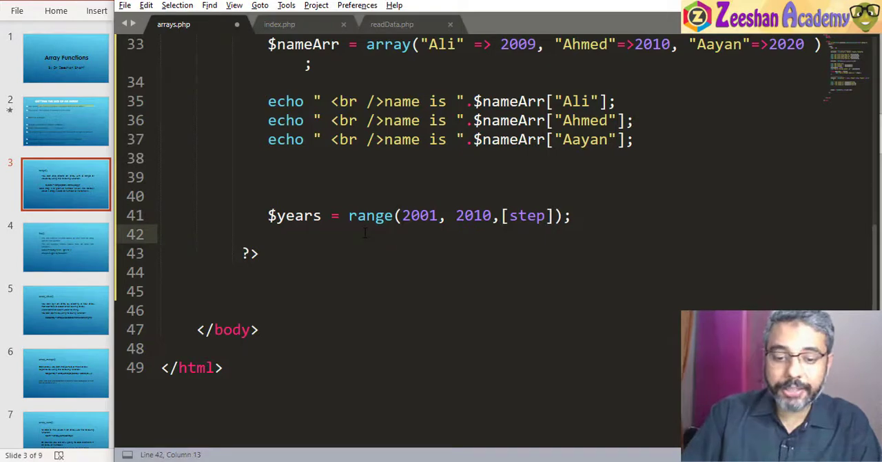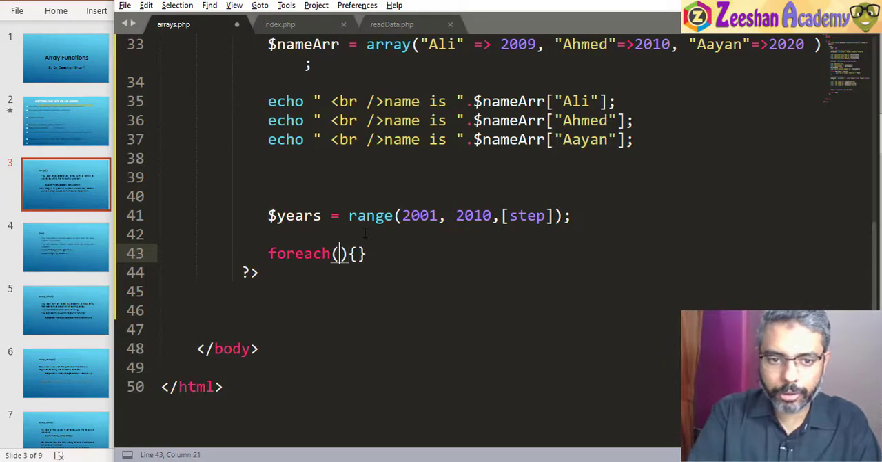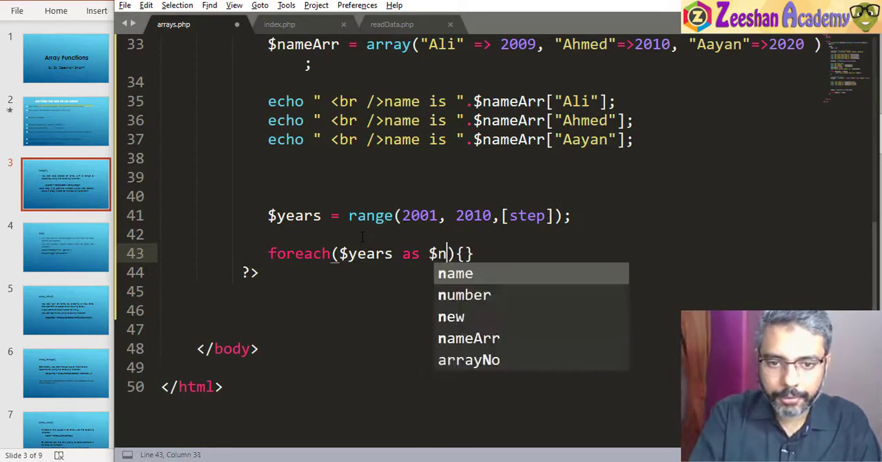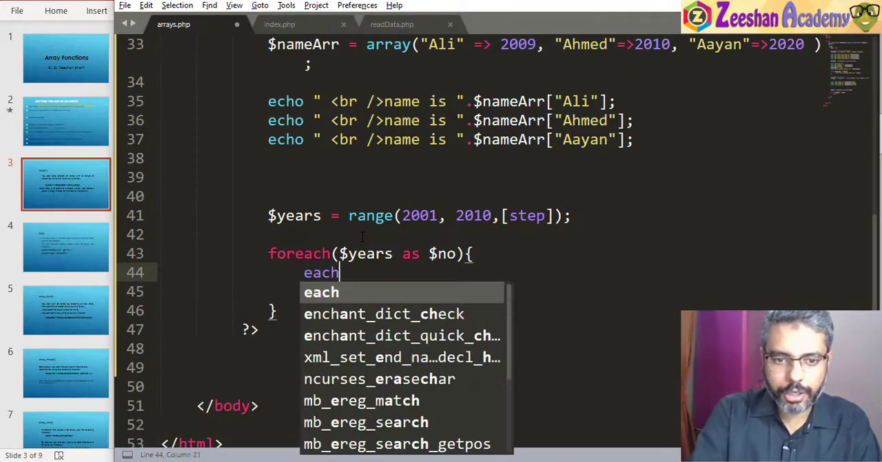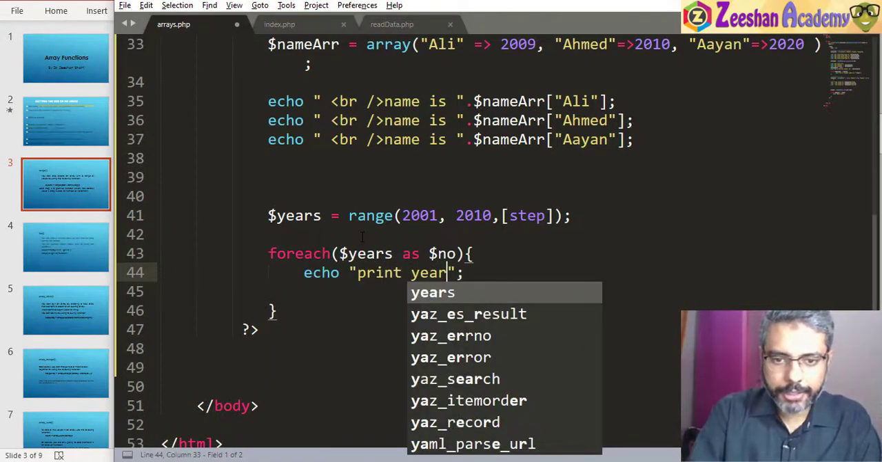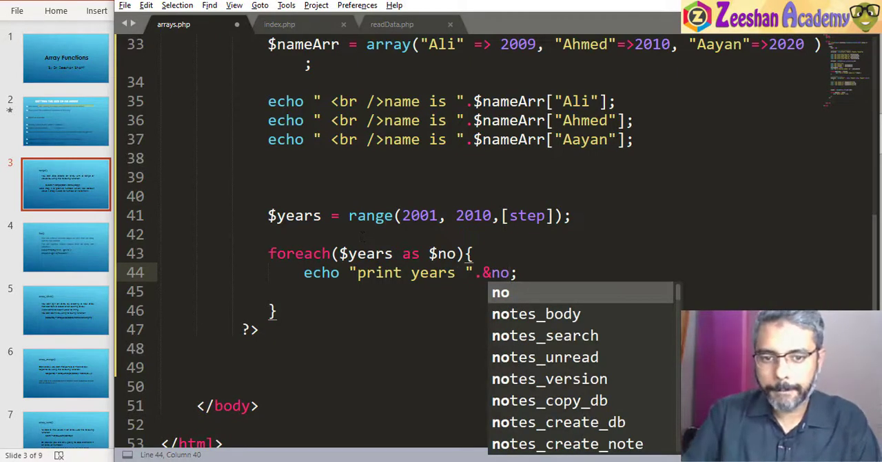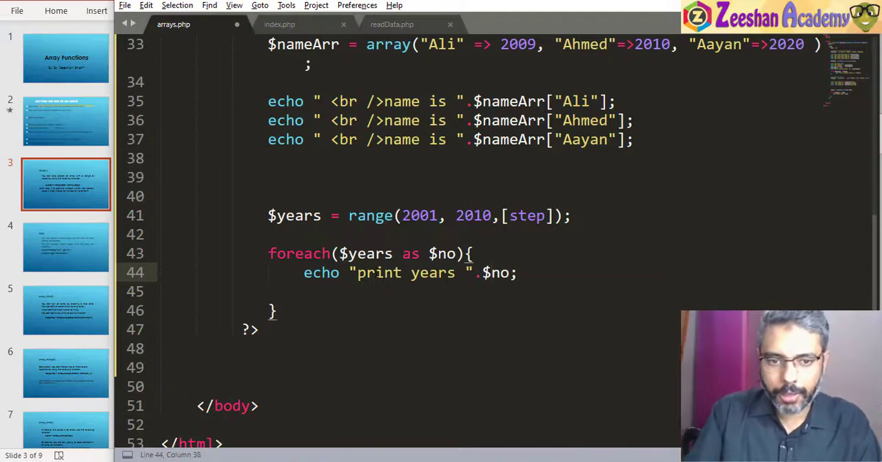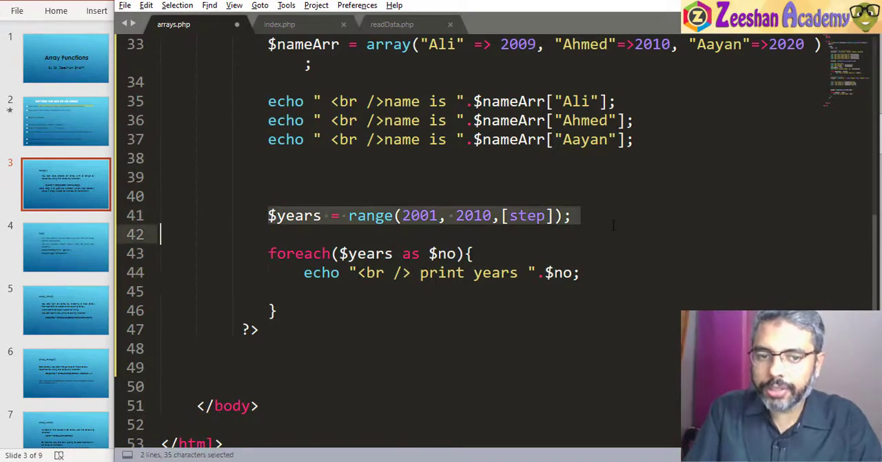Now if I print this variable's values, for each bracket start, bracket close, block start, block close, we echo print years, space, dot, and just dollar number, okay, with again br. Now what we did here is create an array with the range feature, which